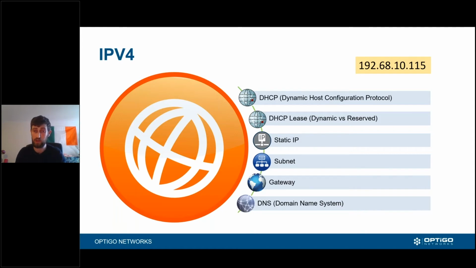Then we come down to our gateway. In a class C network, the typical one we'd be dealing with, /24, your gateway address is going to be always .1. It's going to be the first number of your addresses. So if you have a network, you would generally consider this network here to be the 192.168.10.0 network, your gateway being .1. So that's how people know how to contact you.